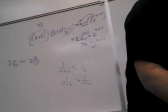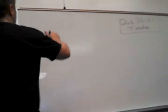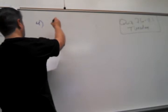So how do I write the summation notation in 4 to make it look like what 1 and 2 have? So number 4 says,